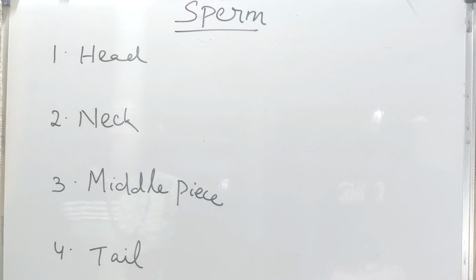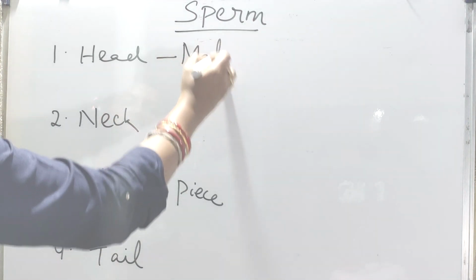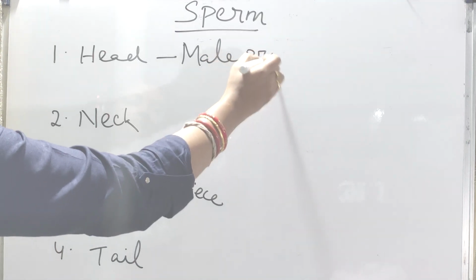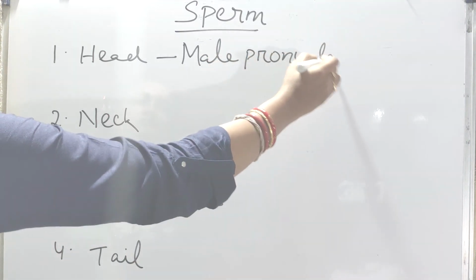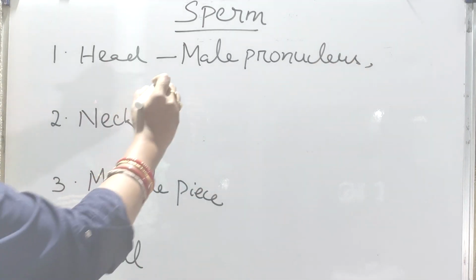The head region consists of a nucleus. So in case of sperm, the nucleus is known as male pronucleus. Also it contains an acrosome,